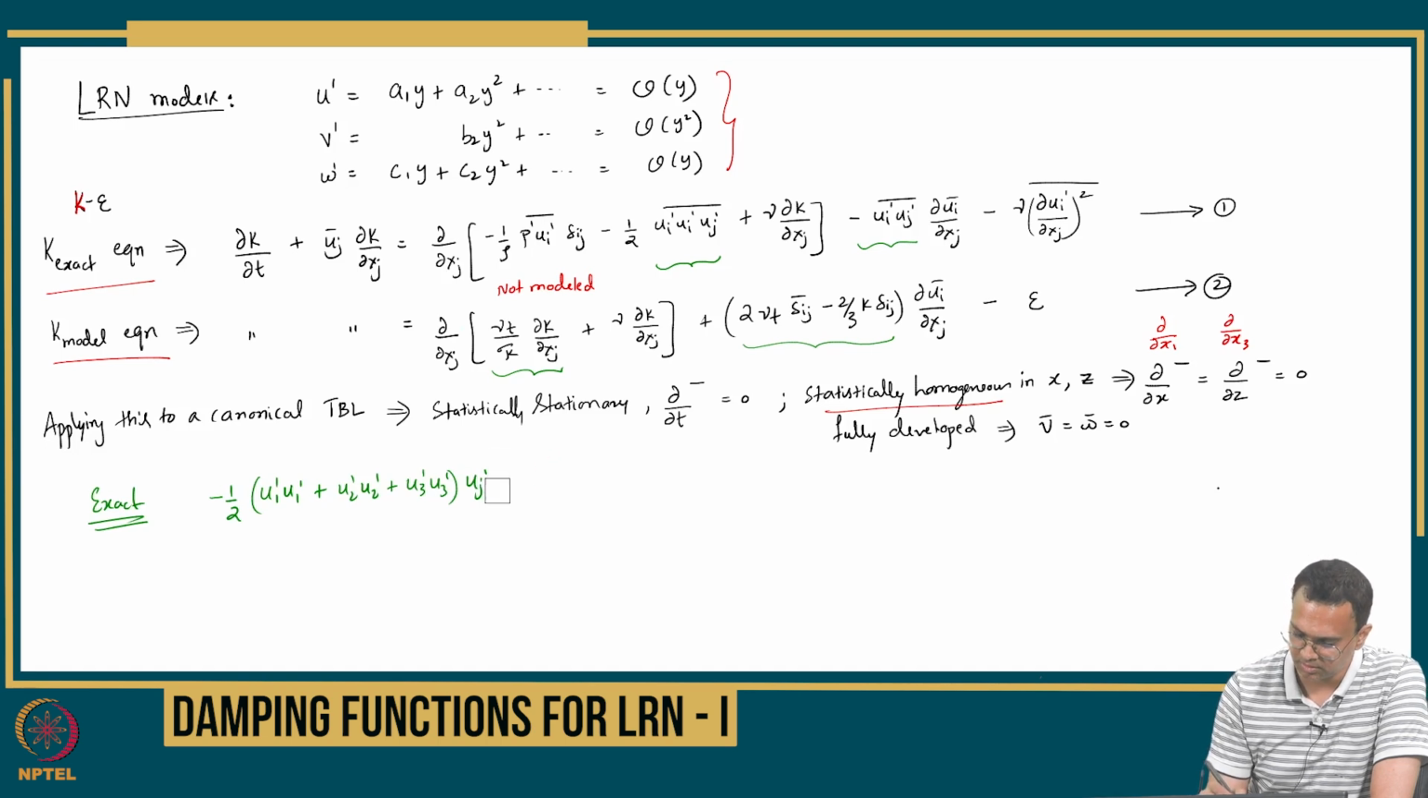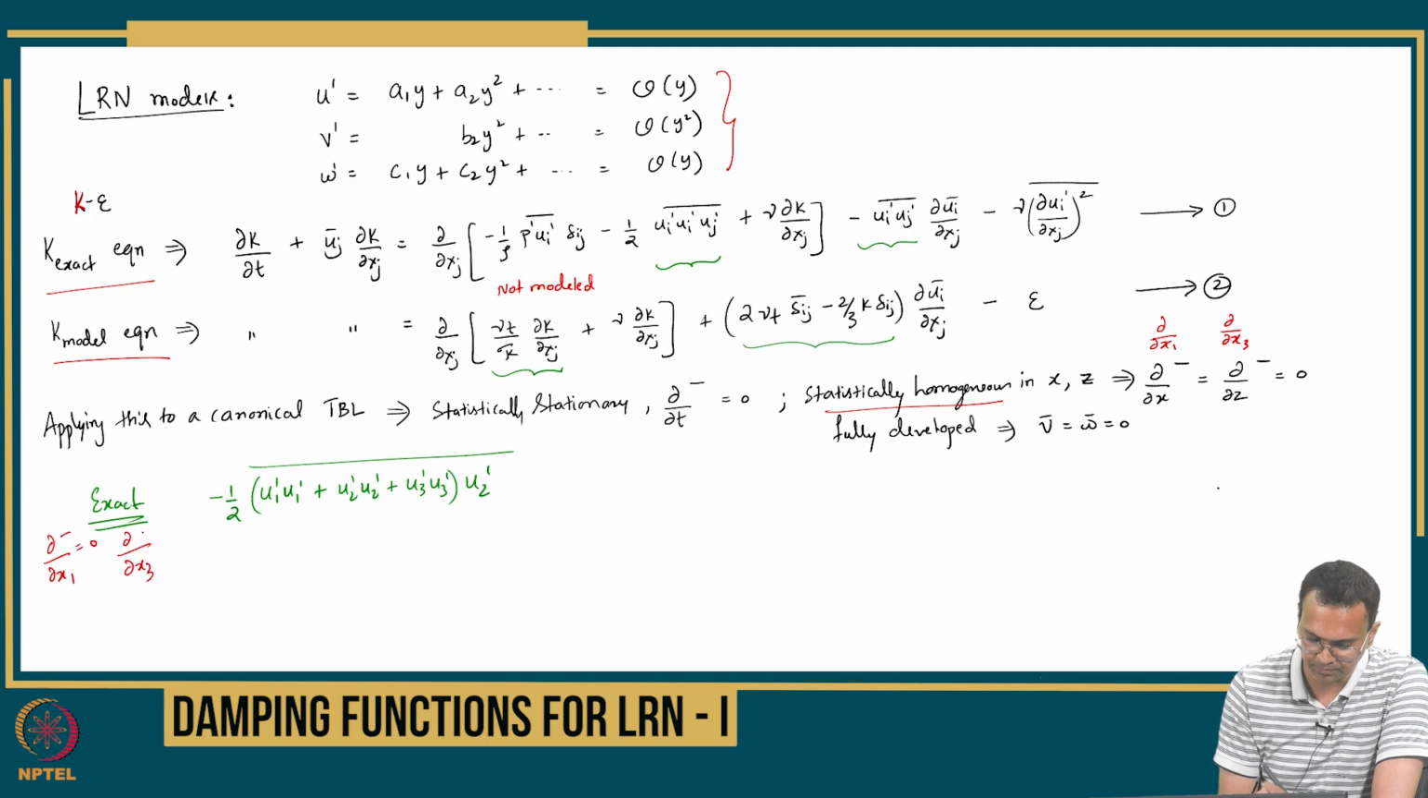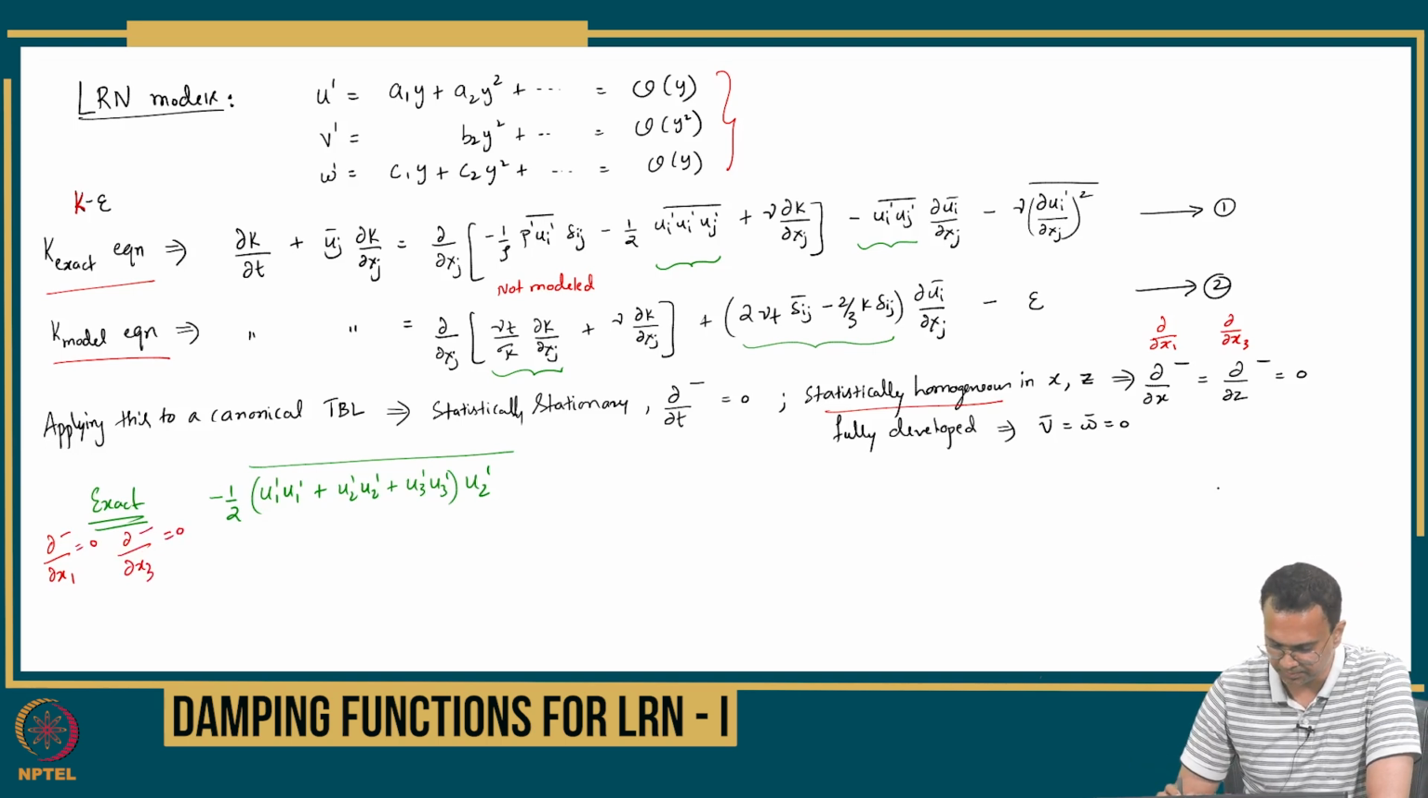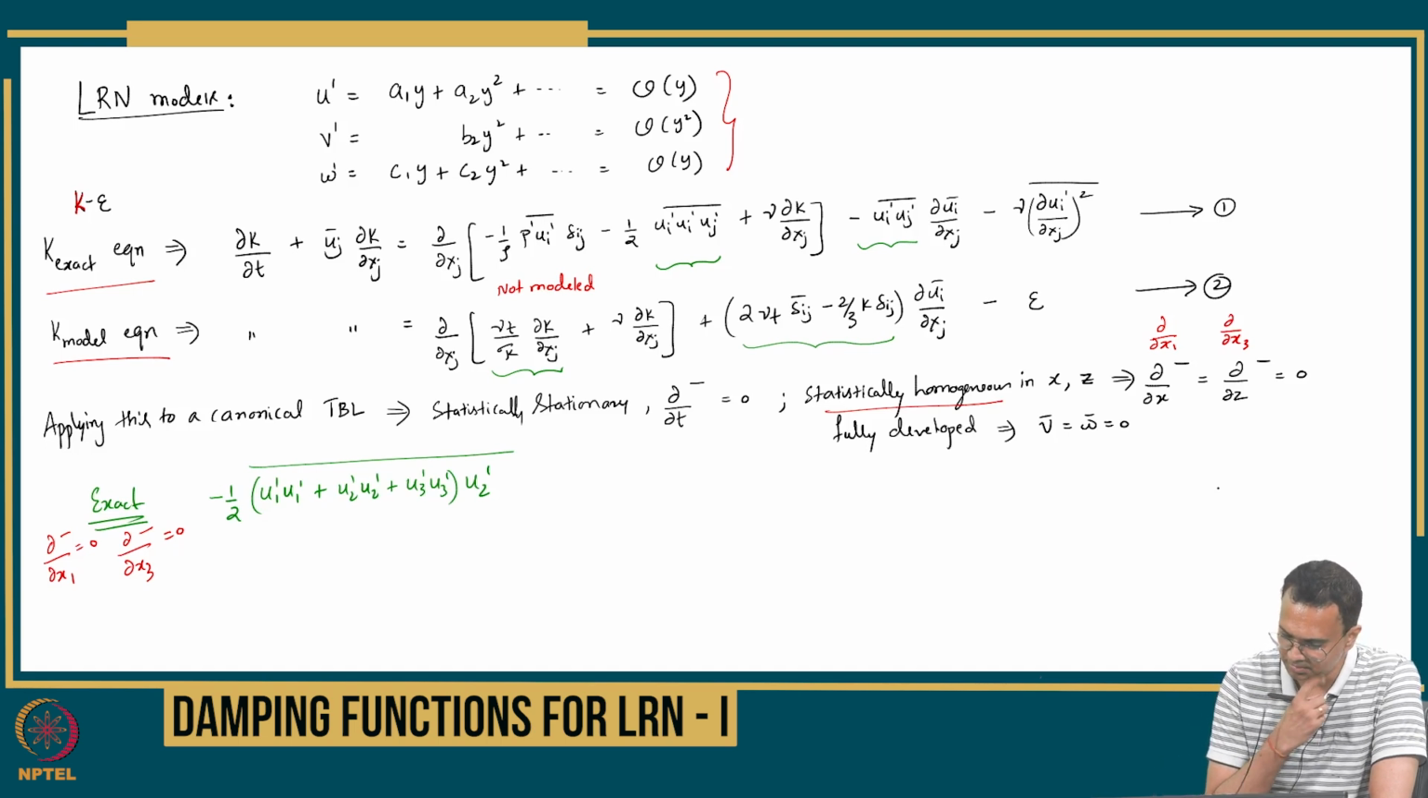Okay, so this becomes only 2, which is u2 prime average, right? Statistically homogeneous, the other terms, dou by dou x1 of this is 0, dou by dou x3 of this term is 0 here. Only this particular term is surviving. Okay, and if I look at this particular term, the exact one,